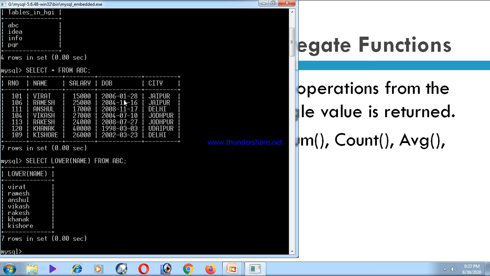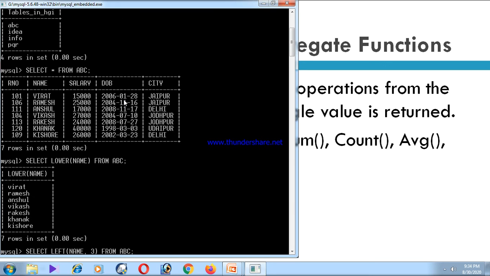Now some other functions, just check it out. The next functions are lower and upper, two different functions. And if we talk about the string functions, then the very first function is select left. The left function requires a column name: left, name, comma 3. If I apply this command on this ABC table, what will happen?